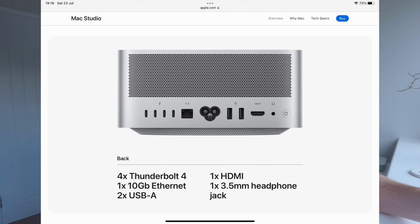However, it's not perfect, the Mac Studio, and this would really annoy me. The Studio still doesn't have a micro SD card slot. Apart from that, it's pretty good. I've gone through all the slots, and all I can see is that there would be one spare USB-C port. So I would have a webcam and a microphone in both of the USB type A ports. I would have to have a card reader in one of the USB-C ports. I would have a charge cable in one of the USB-C ports. I would have 2 monitors in the other 2 USB-C ports,